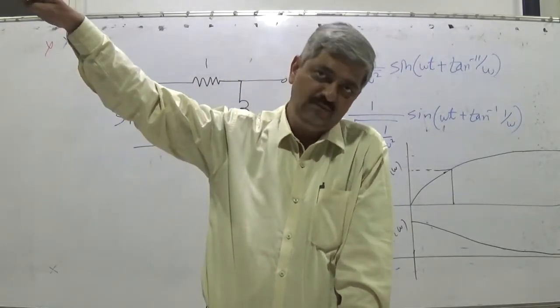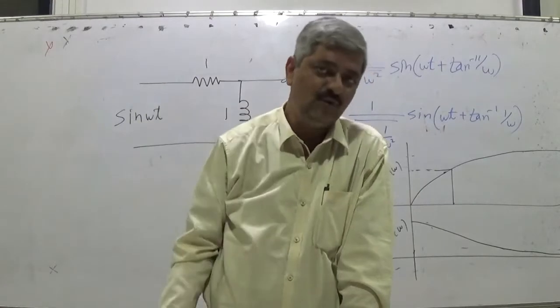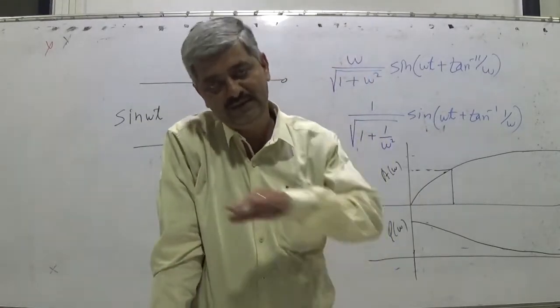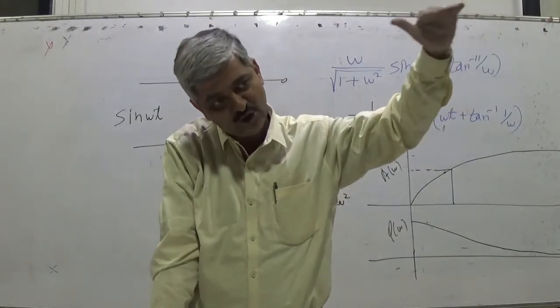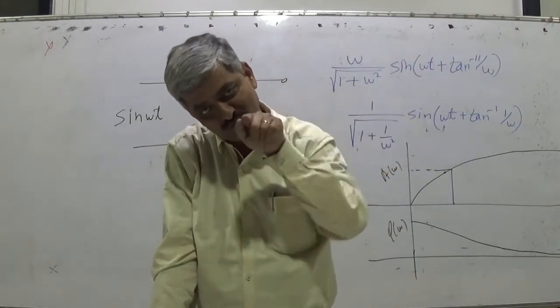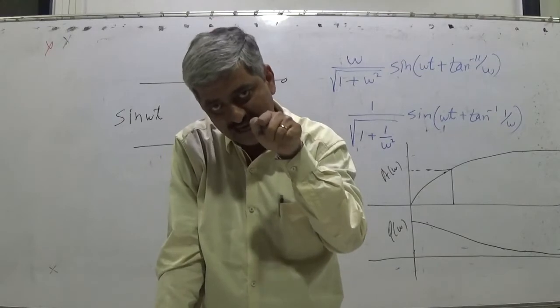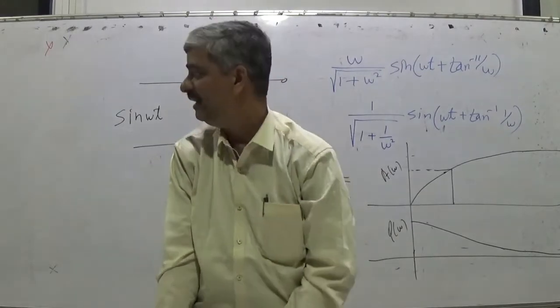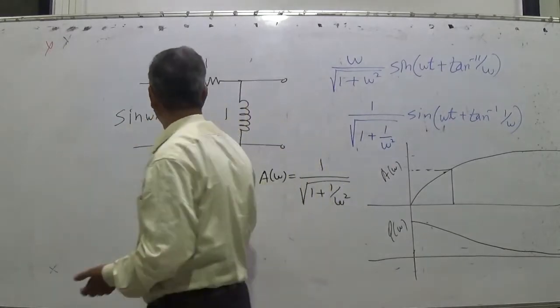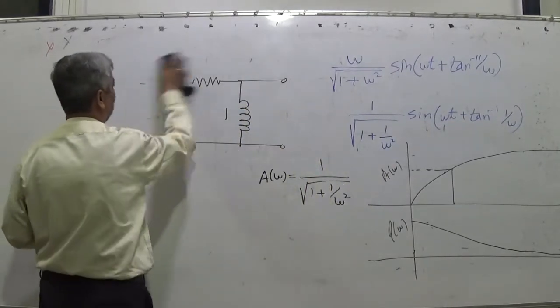from 0 frequency. For high pass filter, the gain is increasing, gain is 1 at infinity, so gain drops as we reduce frequency, and the frequency at which the gain drops to 0.707 is called the cutoff frequency. So here we have taken values of R and C as 1, so R and L as 1. So if we take now different values,